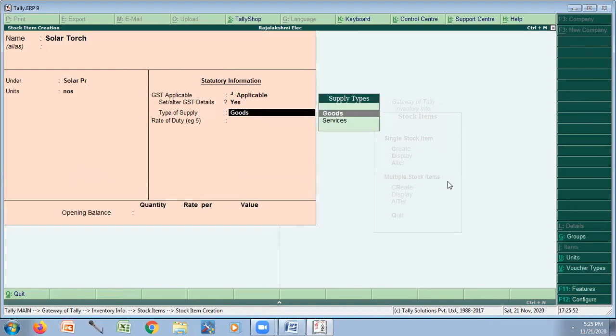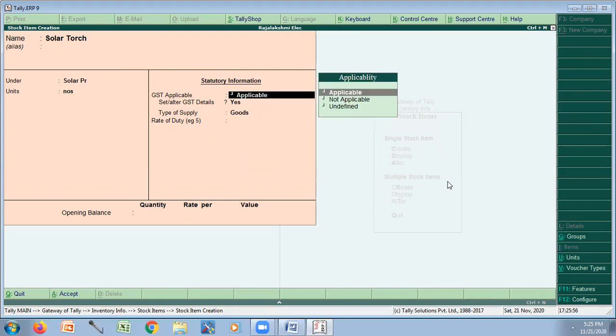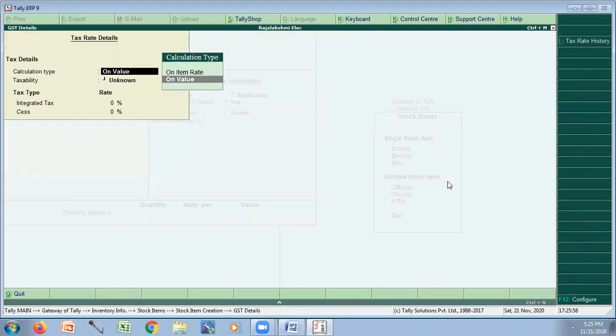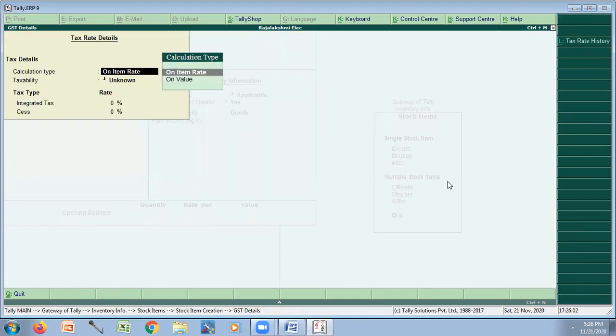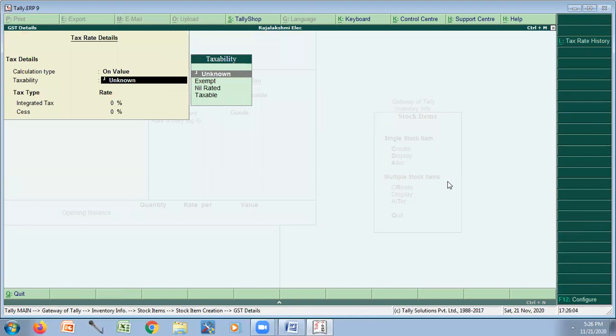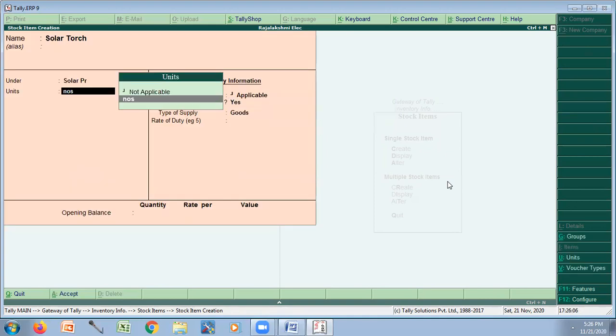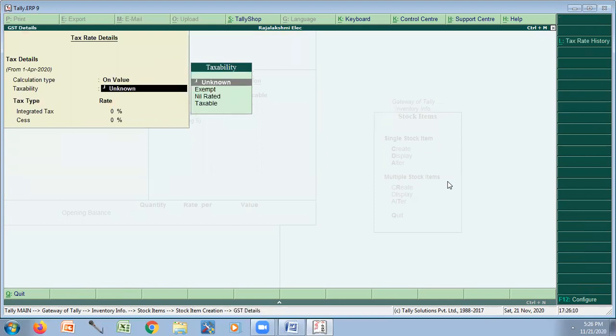On value. Goods, applicable yes. Here on item rate, on value, solar product yes. On value here you have to write taxable.